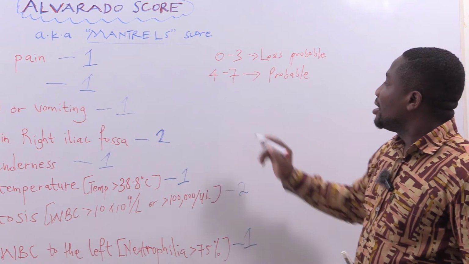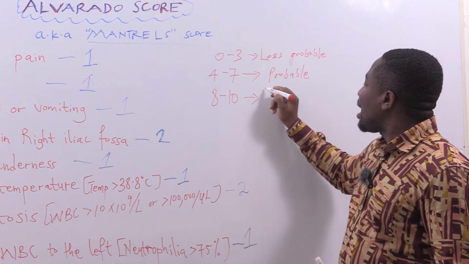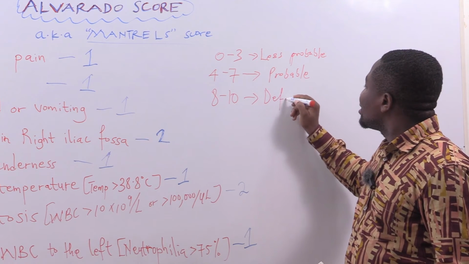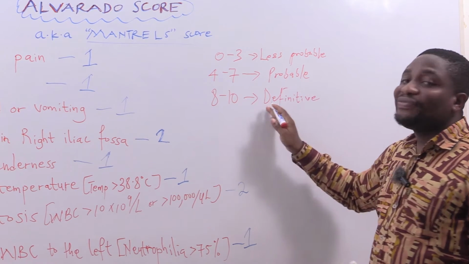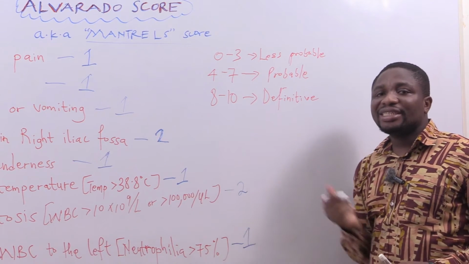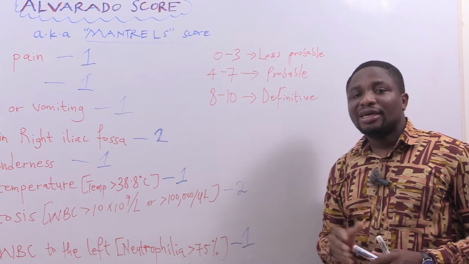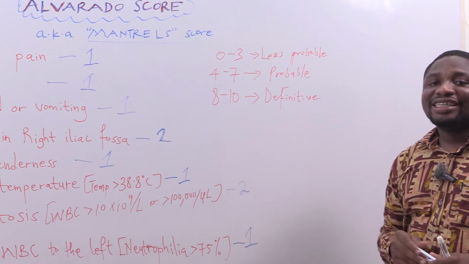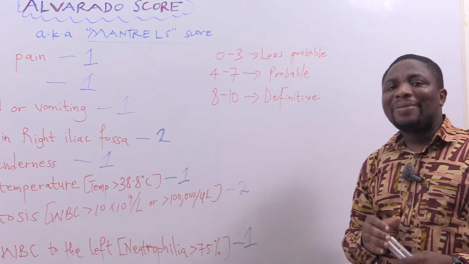Then finally, a score of 8 to 10 tells you that what? Appendicitis is definitive. There's a definitive diagnosis or definite diagnosis of acute appendicitis. And for such, surgical intervention in the form of appendicectomy or appendectomy